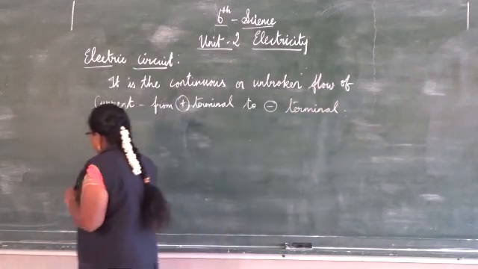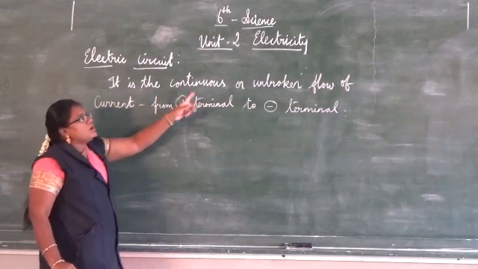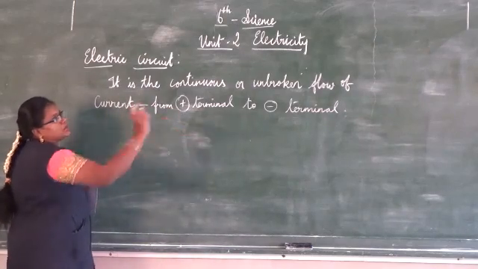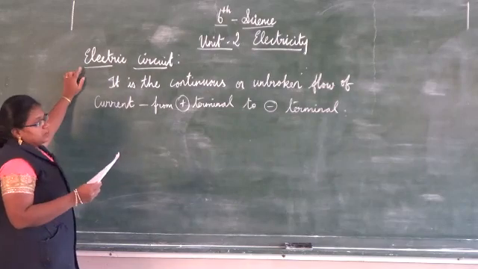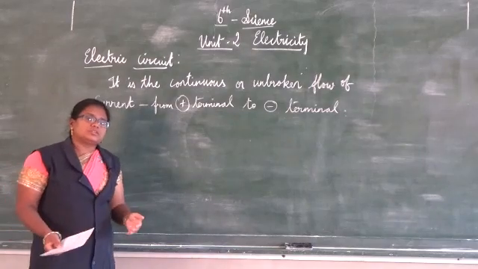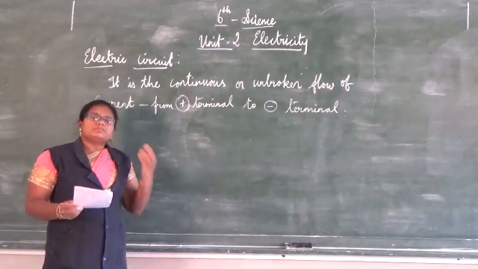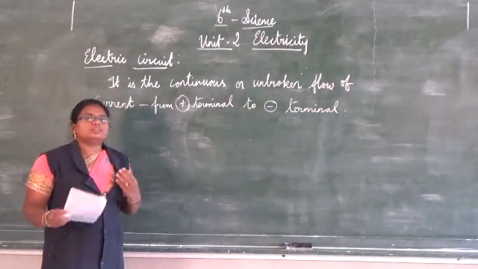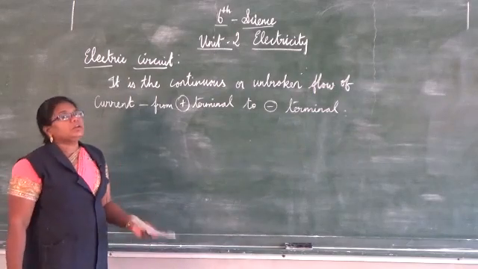See, like this we can simply give a definition for this electric circuit. It is the continuous or unbroken flow of electric current, that too from where? From the positive terminal to the negative terminal. This continuous and unbroken flow is known as an electric circuit. Understand? See, before going to the open circuit and closed circuit, we shall see the symbols that we are using. If we know what symbol we are using for each electric component, it is easy for us to draw the circuit diagram. Understand? So next we are going to see the symbols of electric components.